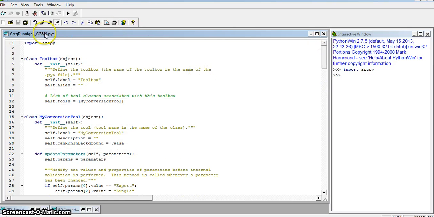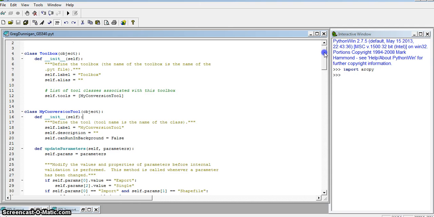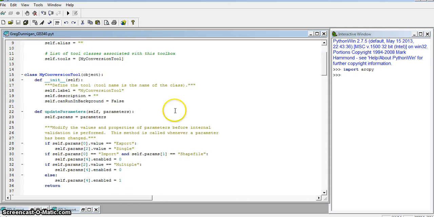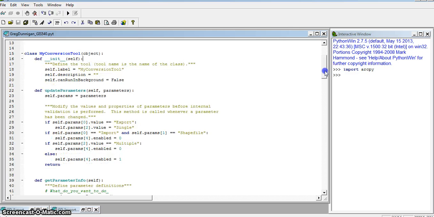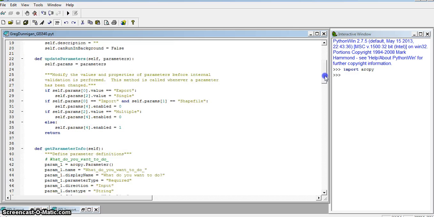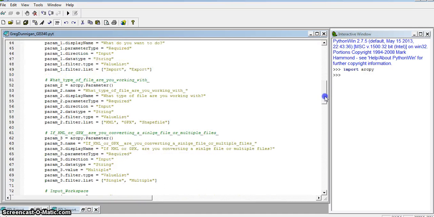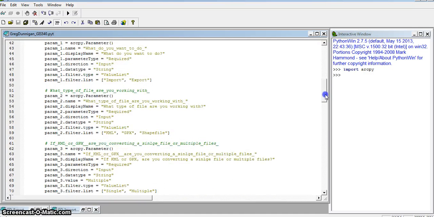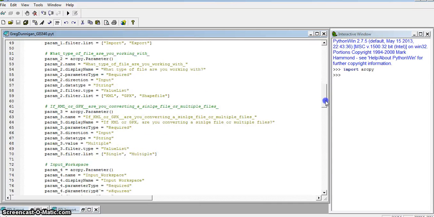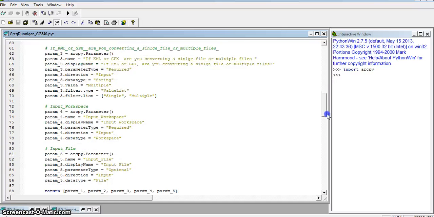So I have a PYT file. This is a tool which can just be inserted as a button in ArcMap. And I'm doing some stuff to get the tool ready and named right. I've got some parameters, the update parameters, where it can control which fields are enabled and stuff like that. I've got the actual parameters, or 5 of them. They're relating to whether they're importing or exporting, or what type of file they're working with, and where they want to put it,